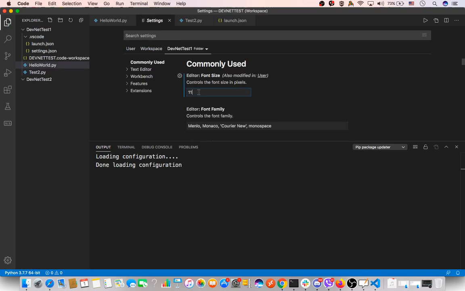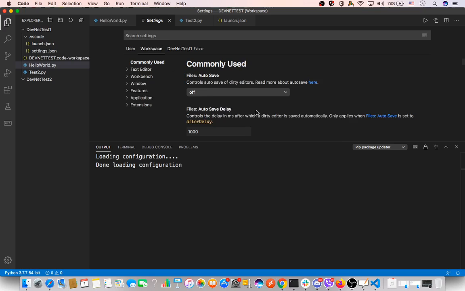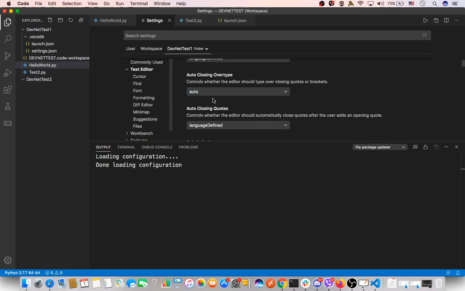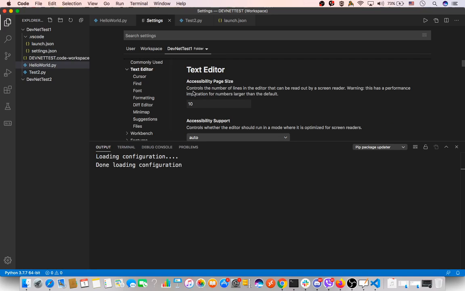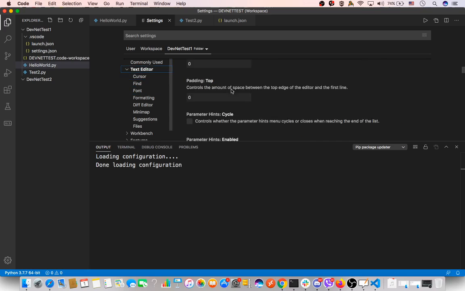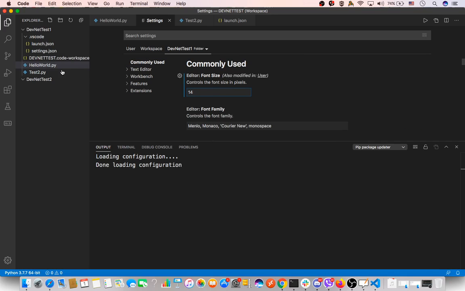So try to understand that from here you can change it, right? Let's say 14, that will be a good size. And when you do that, sometimes it doesn't affect the user's workspace. In the workspace, the text editor is still 10, and you can check that as an example. If I go to the DevNet test 1 folder, the font size is 14. And if I go to DevNet test 2, and create a file here,